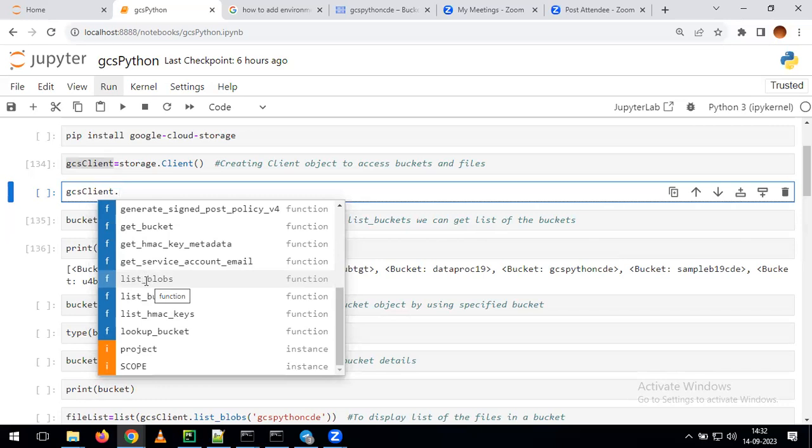Okay, actually on the GCS side, a file is nothing but a blob. If you want to see the list of the files, we can use the function called list_blobs. And if you want to see the list of the buckets, we can use the function called list_buckets. Like that, you can see all the functions' information. Now, what is get_bucket? Any guesses? If you want to retrieve details of a particular bucket, then we can use get_bucket. Like that,